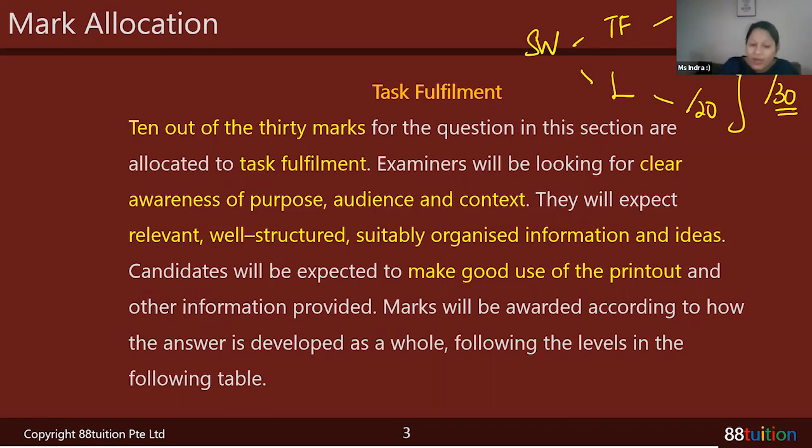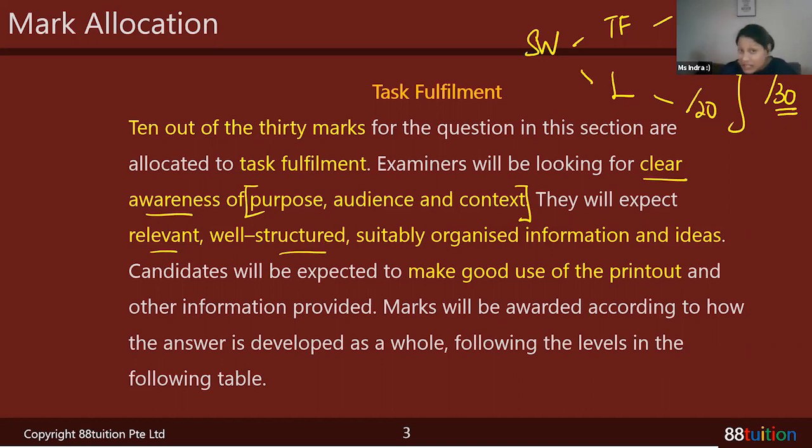So what are we actually looking out for? We're looking for clear awareness of purpose, audience, and context, the same as in your primary school situational writing, and you will also have it for secondary school. We're focusing on what the purpose of your writing is, who you are addressing, what kind of context and background information you have, and what you can connect to make it a more engaging piece of writing. Remember, we're looking out for a relevant, well-structured piece of writing that is well organized,